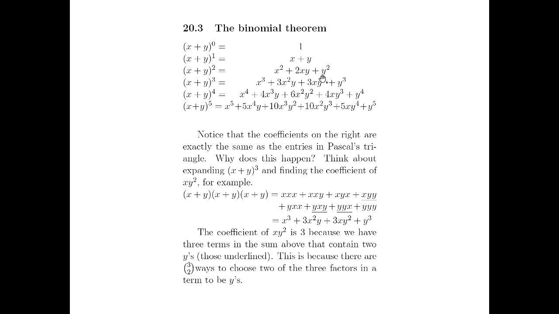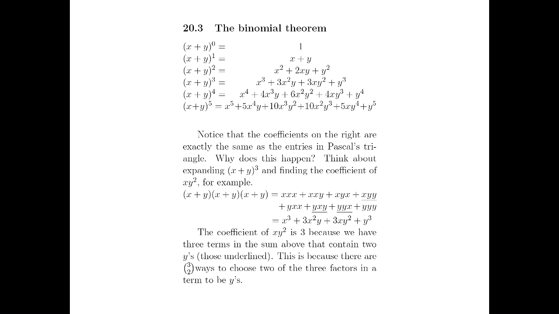And you think about that, why is it that? Well, we had to choose one x out of 3 possible places. And if you think about this in general, if I had 5 of these here and I was looking for my x squared y cubed term, then I'd be choosing 2 x's out of 5. That would be 5 choose 2, which is why this term here is a 10, right? 5 choose 2 is 10.